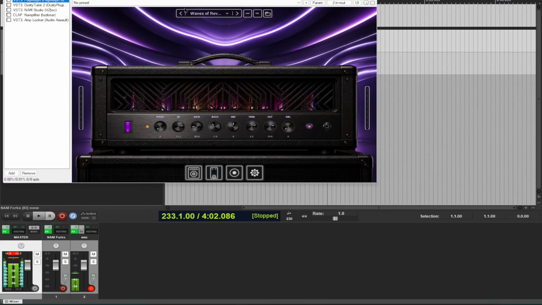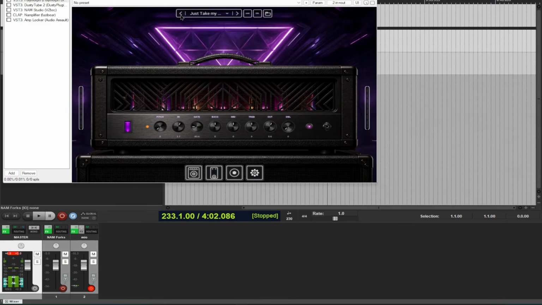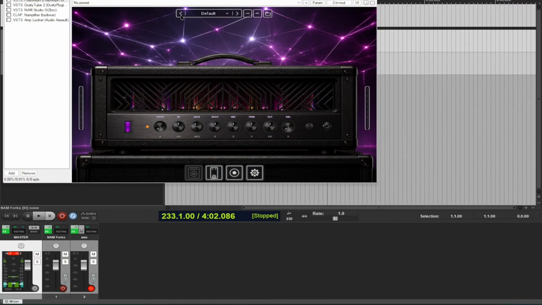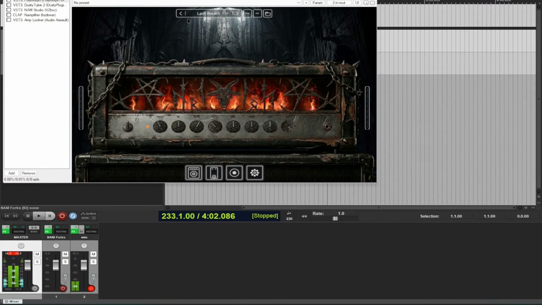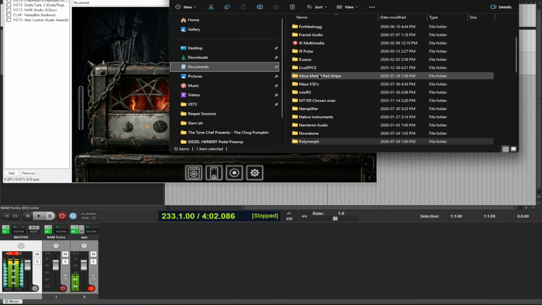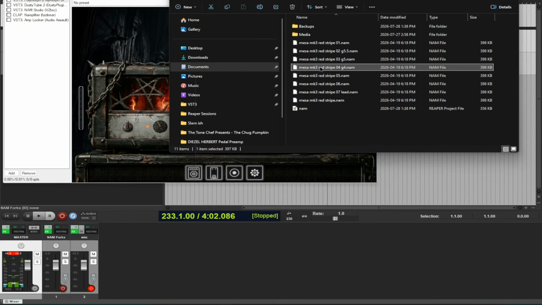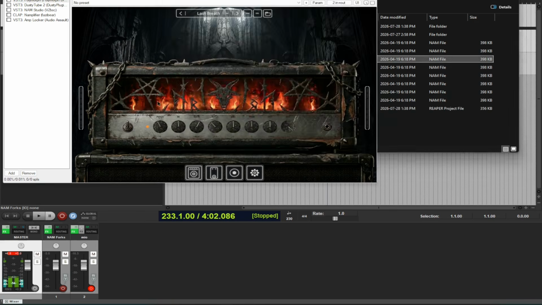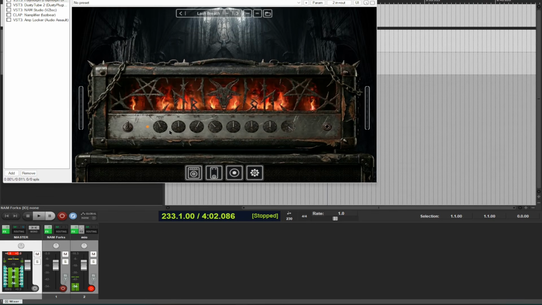This is a really cool interface. Check out these graphics. However, one major flaw with this, or problem I had, is that when you try to load your own NAM captures, so you go here, it tries to load it as a Windows file for some reason, which is kind of strange, and you can't just drag and drop or anything like that. So yeah, it's got some problems that they need to sort out, some kinks they need to unkink there,